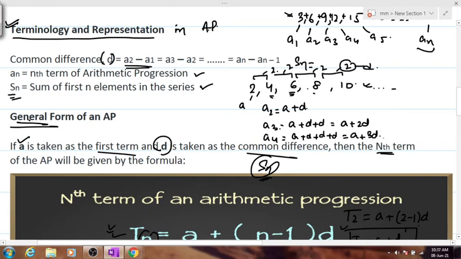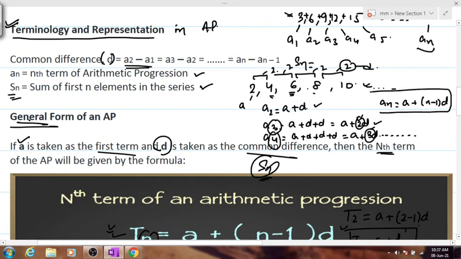So when we go on progressing in this manner, we see that this was the second term, this was the third term. So we see a change here and nowhere else. So can we write this? The nth term should be equal to A plus n minus 1 into d. Here it is 3, so 3 minus 1 is here. Here it is 4, 4 minus 1 is here. Can we write the general term as this one? Yes or no? When you put a5 here, what will we get? A plus 4d. Yes or no? So this is how the general term comes into play.